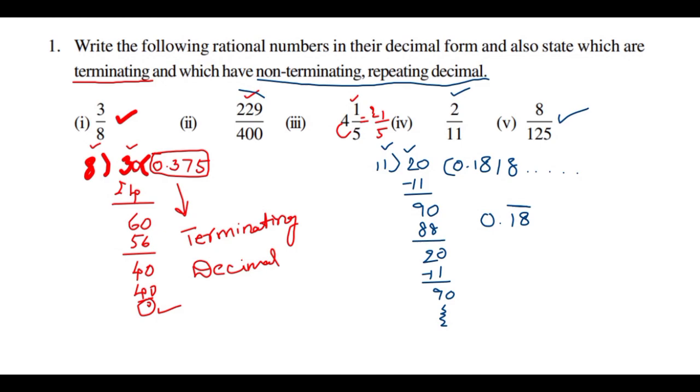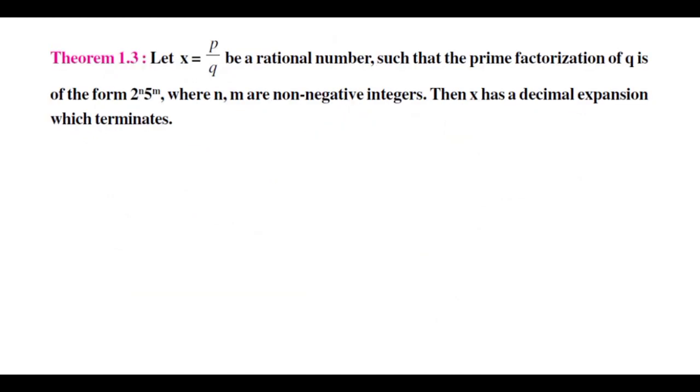So this is the first question. Like that we need to divide it, and then we can decide whether it is a terminating or non-terminating decimal. So here is a shortcut to find out without doing the division. Suppose I said this is a terminating decimal and this one is also a terminating decimal, how can I say without doing the actual process?